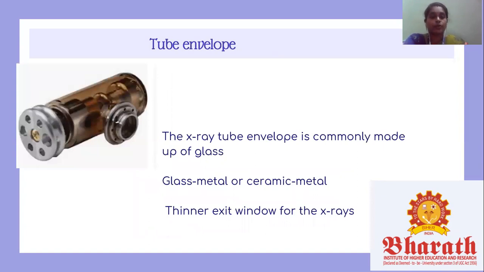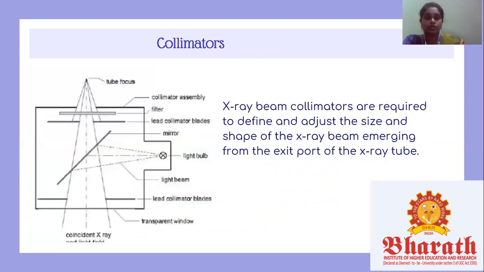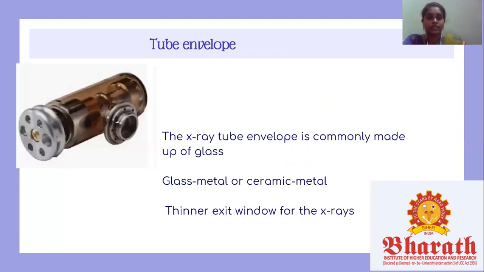So next we can see about the tube envelope. The tube envelope is nothing but the housing. The general construction of the tube is made up of glass material, and it is called the housing, that provides solid, stable mechanical support. This housing is like a lead-lined structure that can serve as an electrical insulator and thermal fusion for